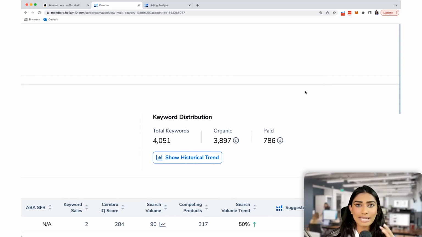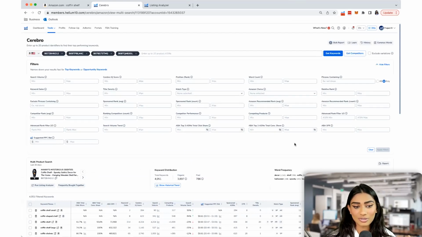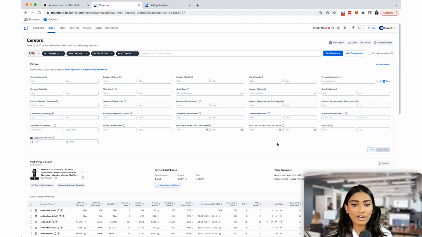But if I were to, let's say, do a single ASIN search, instead of 4, I had only selected 1, I'm only doing my product or only a competitor's product, and I saw that maybe there's only 30 paid keywords, then I could completely reverse engineer their PPC strategy and figure out which keywords they're using. And that is invaluable, right? Especially when you are just getting into a market, you're breaking into that market, or maybe you have been around for a while and now you want to kind of tap into some of these new competitors that are growing really fast. You'd be able to figure out what they're doing.